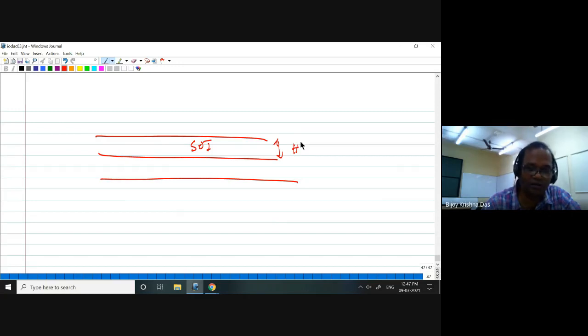Whatever wafer you are buying, optical grade wafer, depending on that, this H is there. The BOX is actually not in your hand. It is kept so that the evanescent tail should decay sufficiently. It should not leak to the silicon substrate. Normally 2 micron to 3 micrometer is used.